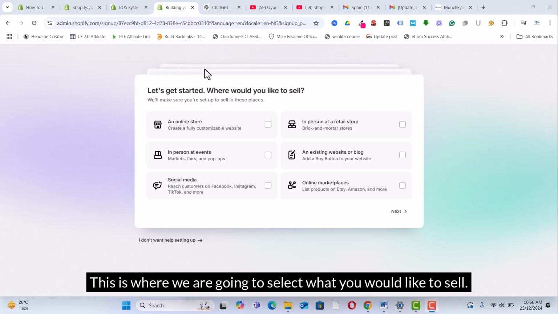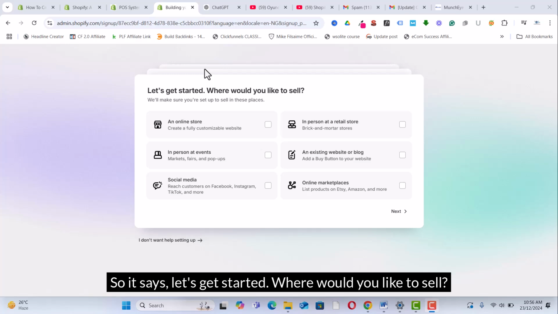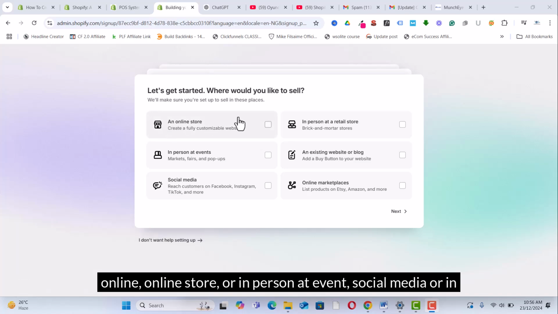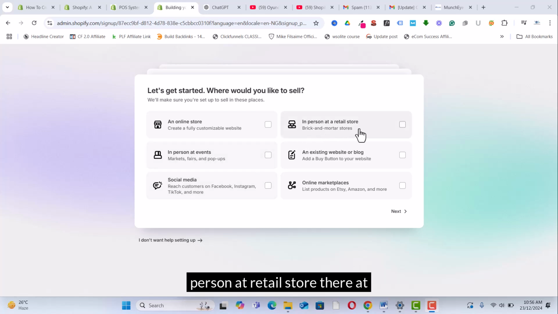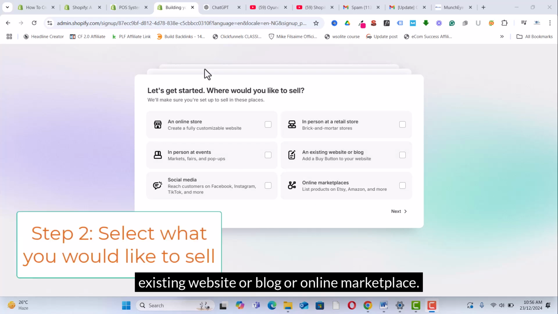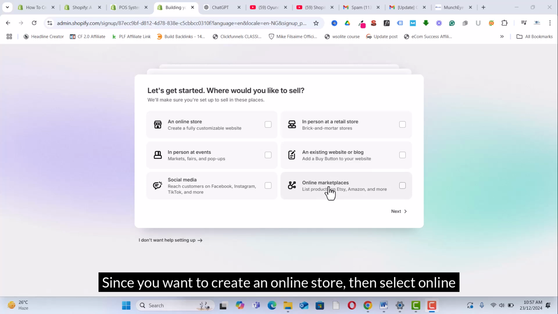This is where we are going to select what you would like to sell. So it says, let's get started. Where would you like to sell? So we have up to 6 options here, whether we are to sell online, online store, or in person at event, social media, or in person at retail store, there at existing website or blog or online marketplace. Since you want to create an online store, then select online